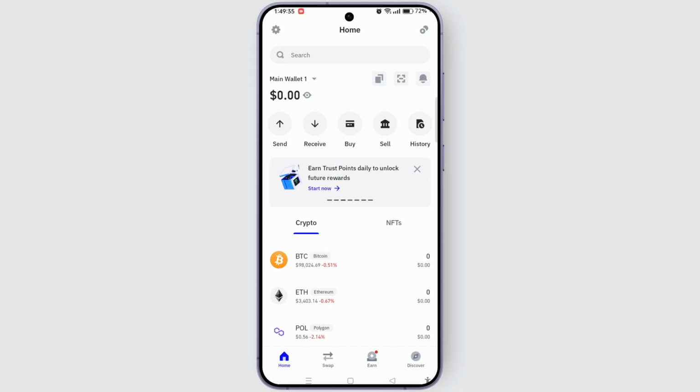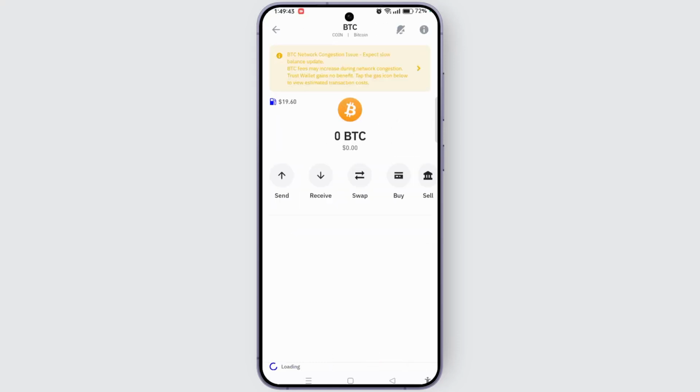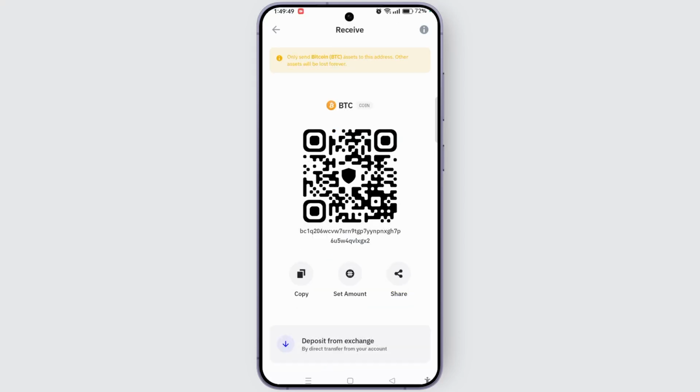On the home page, you will see all your cryptos displayed. You can select any crypto, for example BTC. Then simply tap on the receive icon in the middle of the screen, and your QR code and wallet address will appear. You simply need to tap on copy to copy your wallet address, and after that you can simply share this